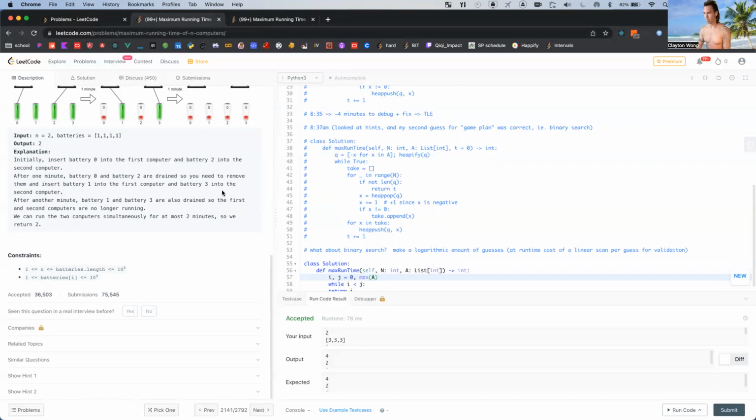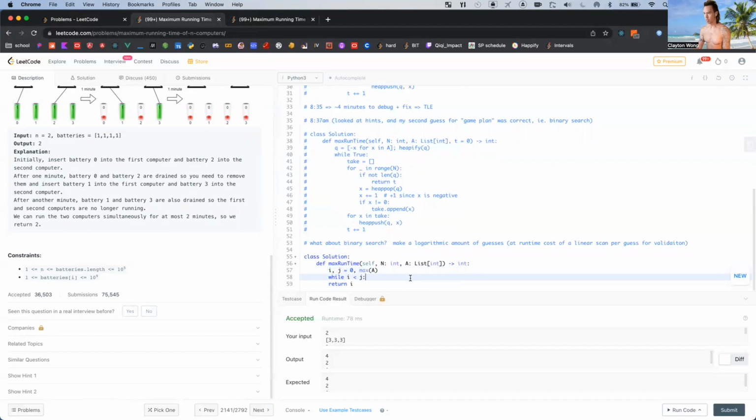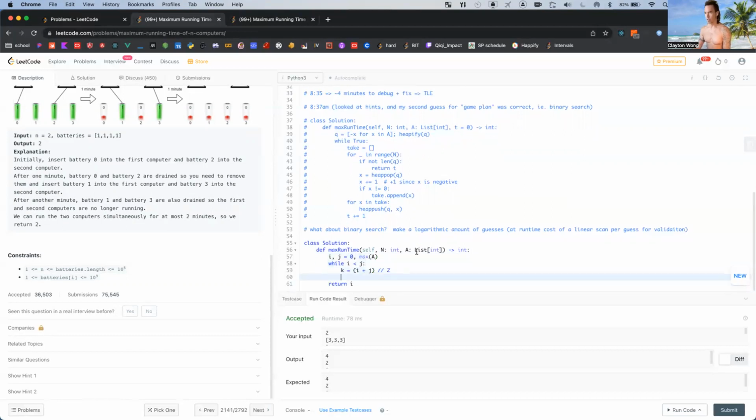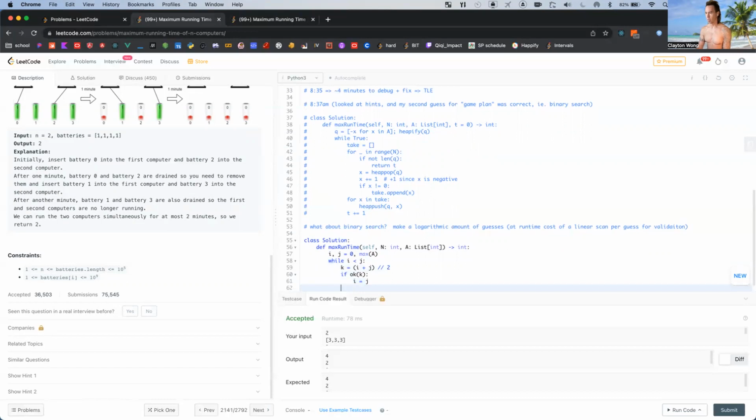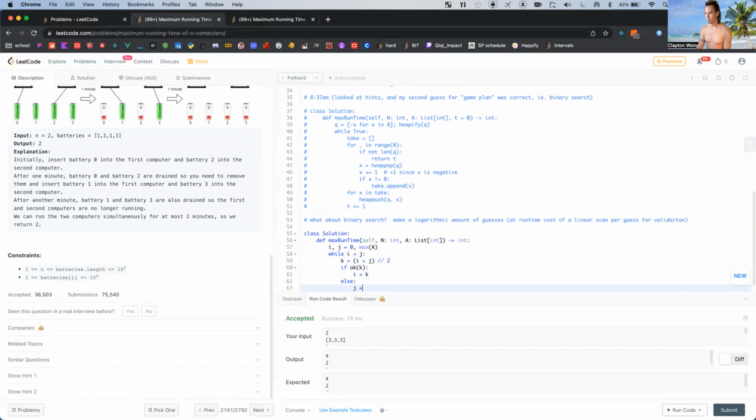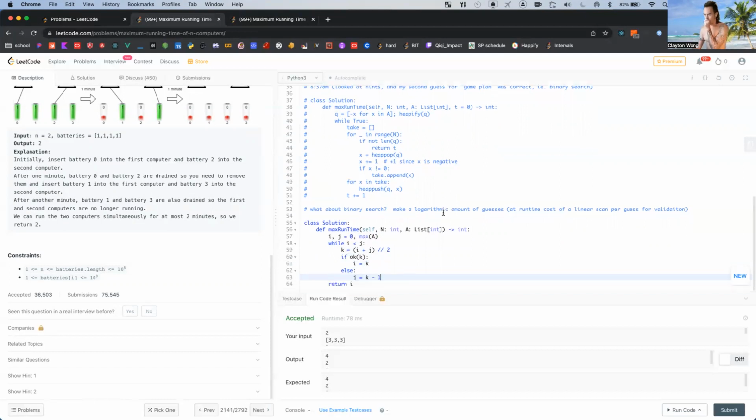All right, that's the upper bound. k is i plus j divided by 2. If k is okay, then i equals k. Otherwise, j is k minus 1. Okay.